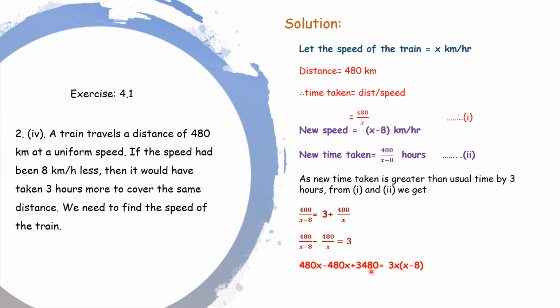So 3840 is equal to, this denominator will be x into x minus 8. Complete LCM will go that side. So it is 3 into x minus 8. Now this 480x minus 480x will get cancelled, and your required quadratic equation will be 3 into x square, 3x square, and 3 into minus 8x is 24x, which is equal to 3840. And if you take 3 as common and cancel it, you will get x square minus 8x minus 1280 is equal to 0, the required equation. Equal to 0 will come, children. It's the required equation. You got it? So this is the answer for your fourth sum in the second Roman number.